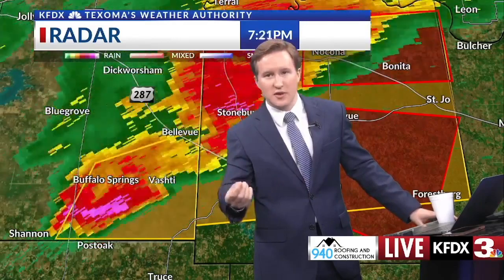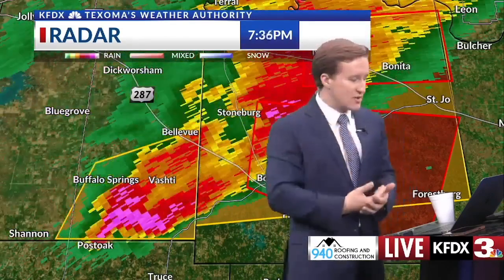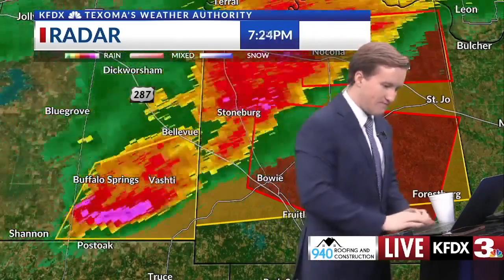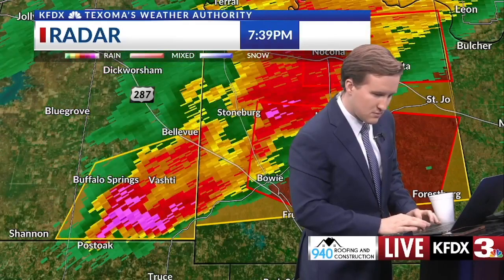Some of these rotational areas are not textbook, let me put it that way. They're definitely strong enough to warrant tornado warnings, but it's not a textbook situation where we're like, there's definitely got to be something on the ground at this time. It looks just a little bit messy, like I've been saying. It's not perfect. Heavy rain's now falling in Bowie, so you guys are just starting to get the edge of these